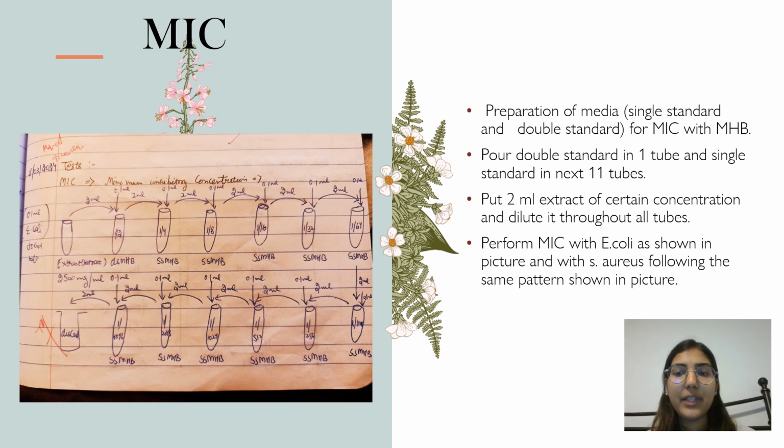So in order to explain the antimicrobial activity of beetroot, the first method that we used was minimum inhibitory concentration, also called MIC. For MIC, we first prepared our media from MHB and we prepared 12 tubes of media, in which the first tube was double standard because the amount of MHB was double that in the rest of the 11 tubes, which were called single standard. And after preparation of our media, in all of the